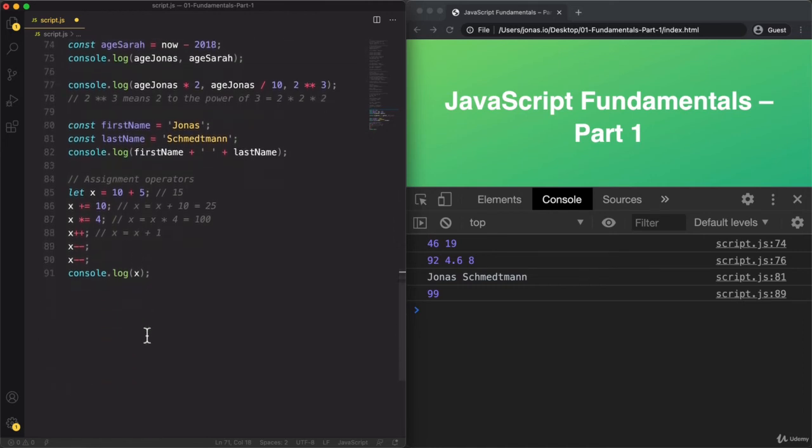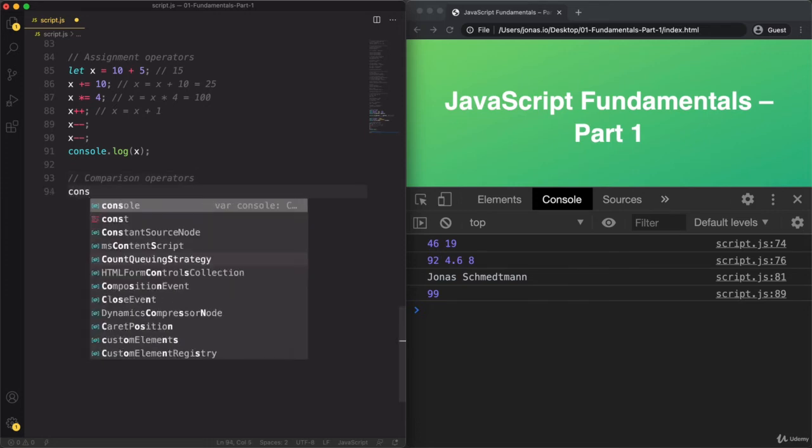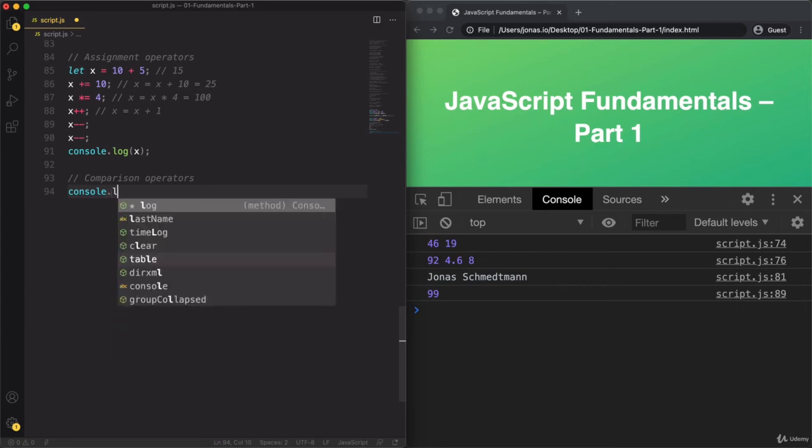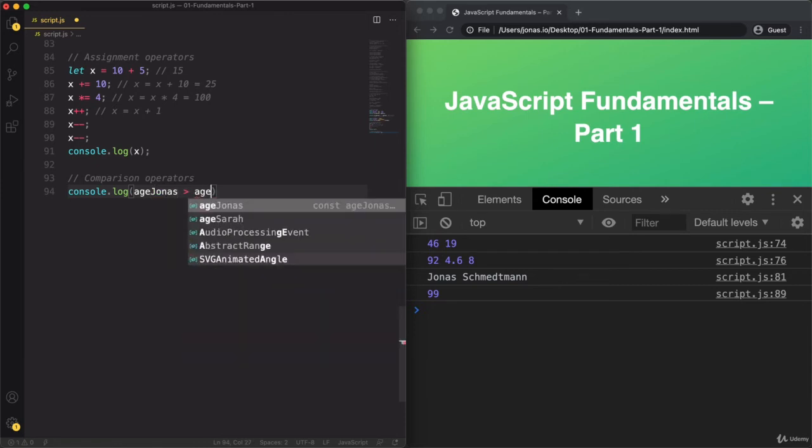operators. And so now let's talk about comparison operators. And these are pretty great. So basically we use comparison operators to produce Boolean values. So let me show you how that works, and then I'm sure it will make sense that the result of a comparison operator should be a Boolean. So let's say we are trying to figure out if the age of Jonas is greater than